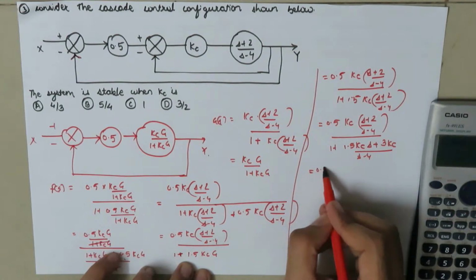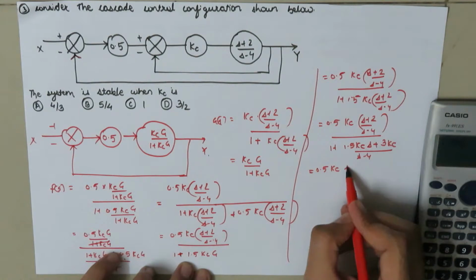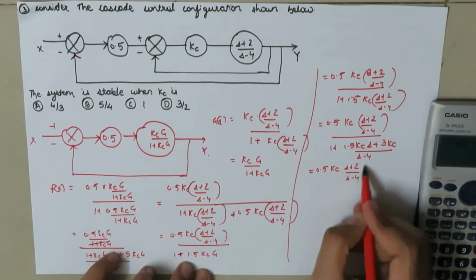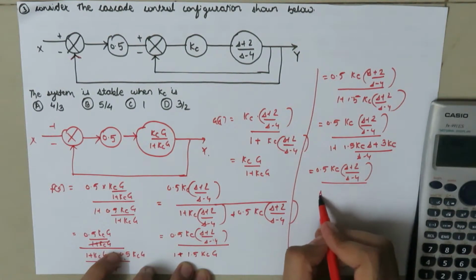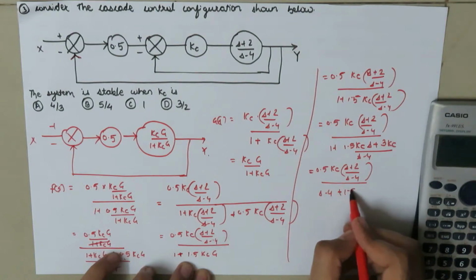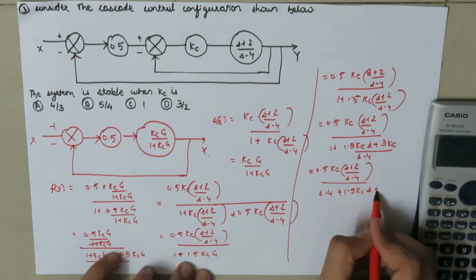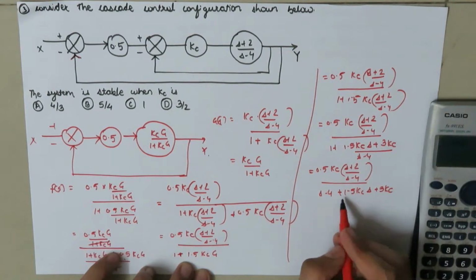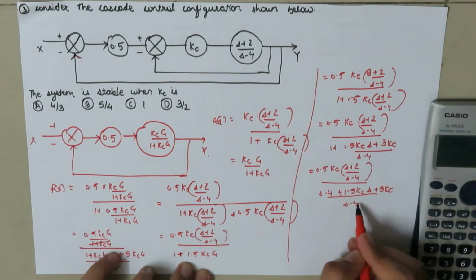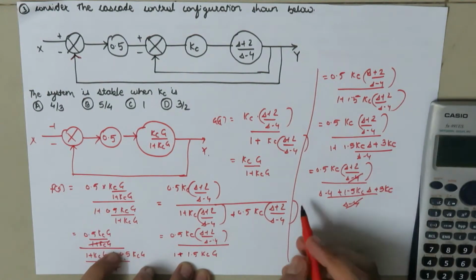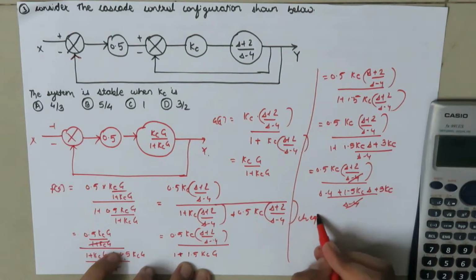This can be written as 0.5 Kc into S plus 2 upon S minus 4, divided by S minus 4 plus 1.5 Kc S plus 3 Kc upon S minus 4. So this denominator will get cancelled,